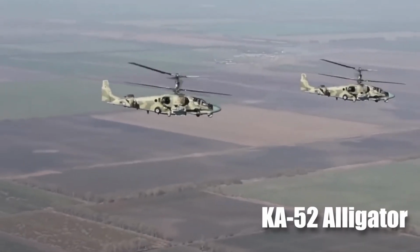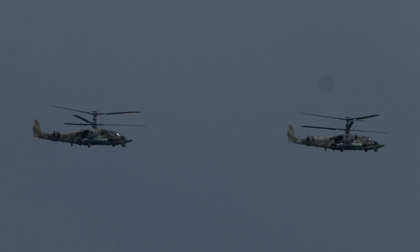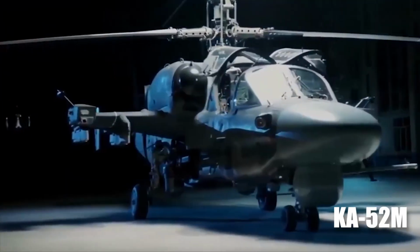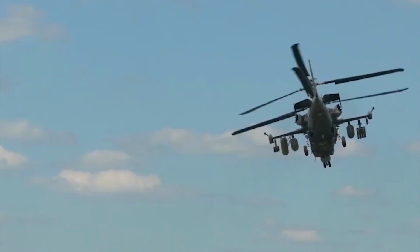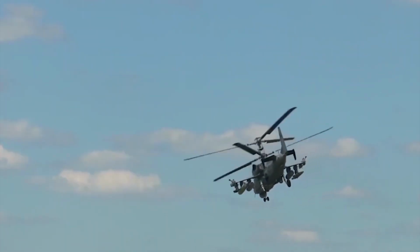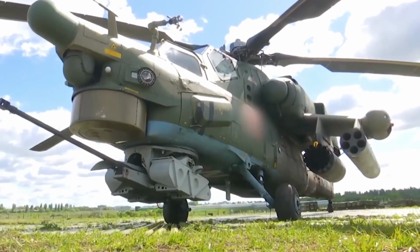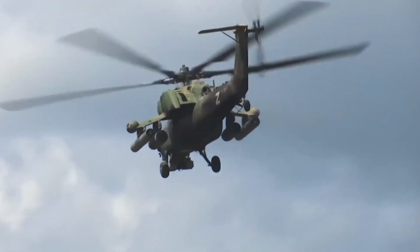The KA-52 Alligator is officially the best attack helicopter in the world. It has proven to be one heck of a superior fighting machine, while the new variant dubbed the KA-52M is already making headlines, even though only a few entered service in 2023 and much of its technologies and specifications are still unknown. The KA-52 Alligator is simply a highly maneuverable, well-armed, technologically advanced, fast, and exceedingly effective attack helicopter that